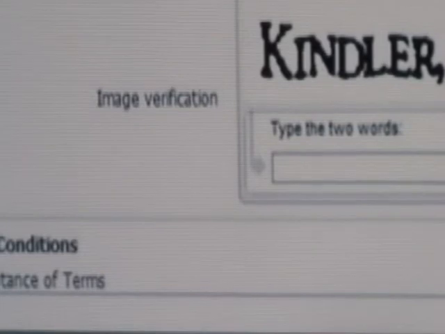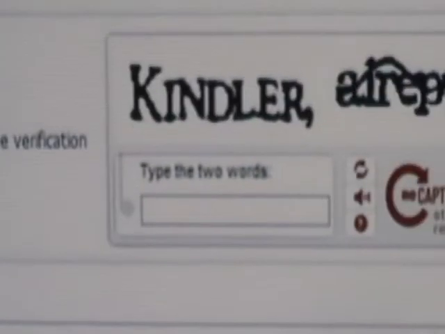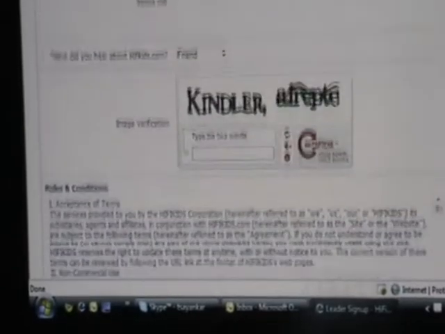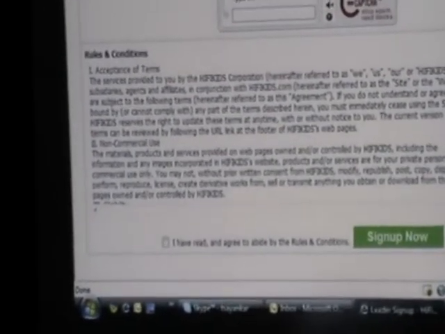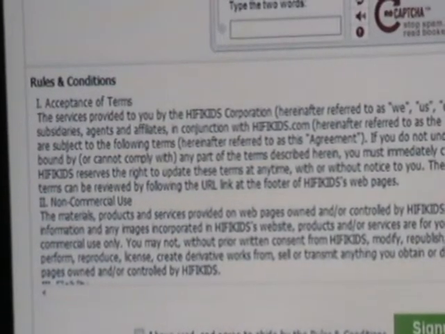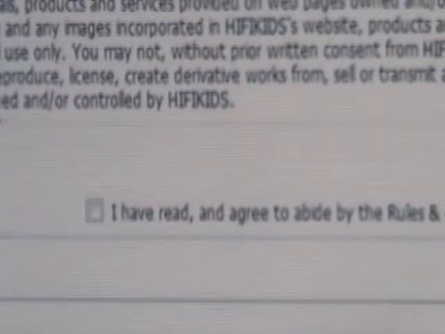This is a security feature we have put in place. And then select whether you have read this agreement. There are rules and conditions, and we call this a contract or agreement, and select this particular tab here.